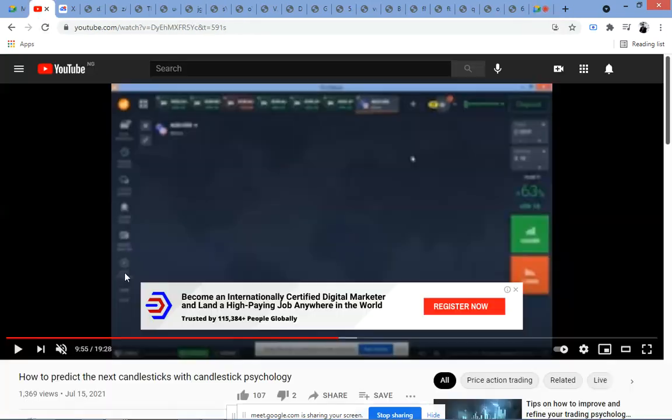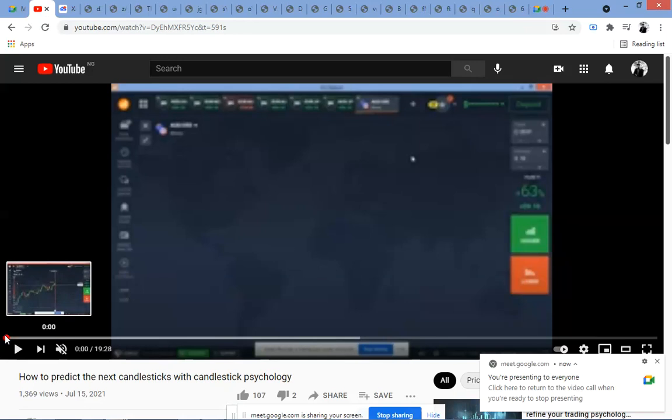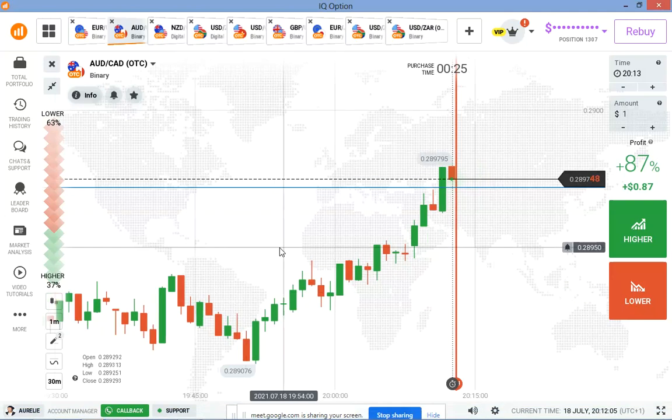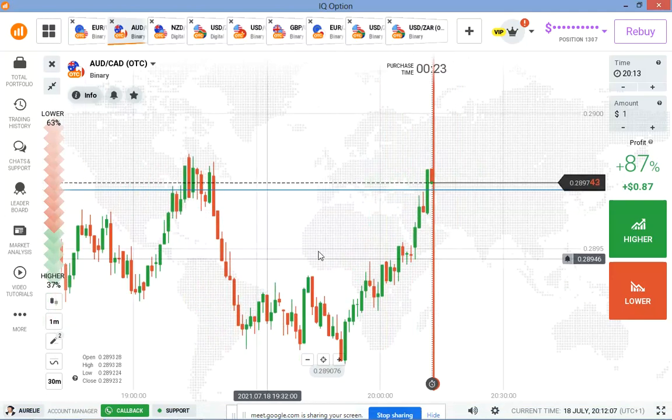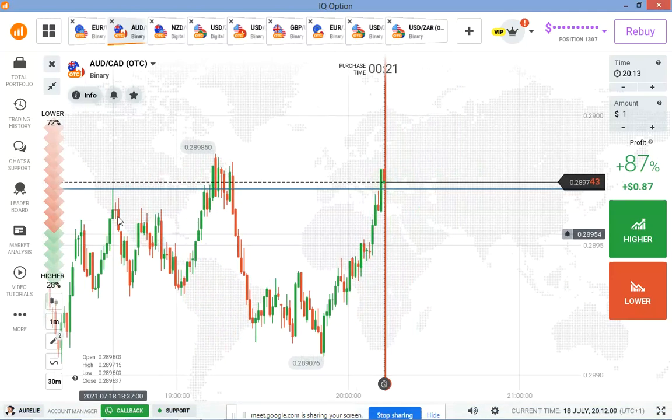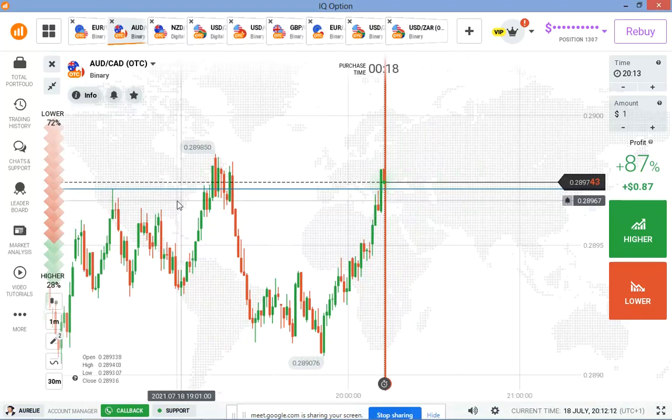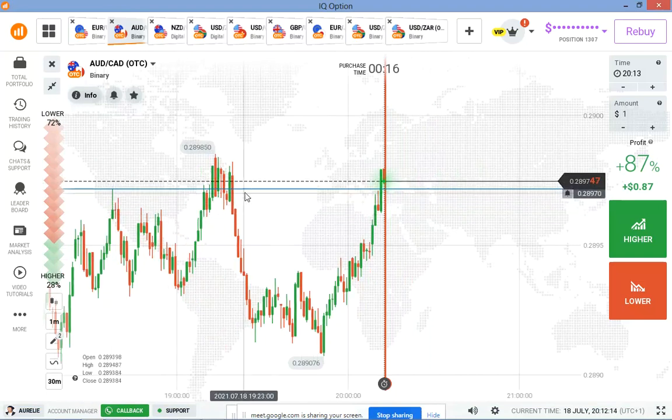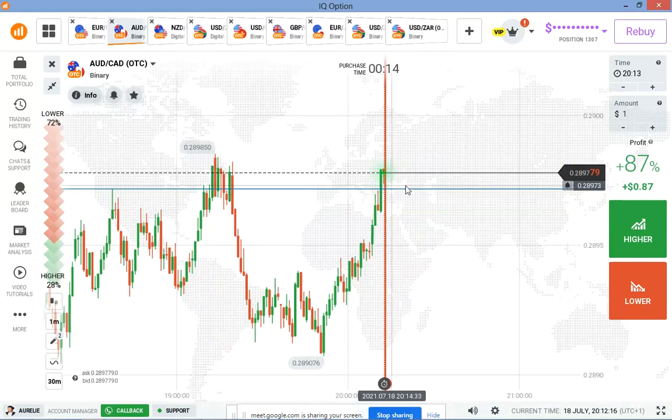So it is not a coincidence that for me to open any trade, I open my chart and then start predicting candle. No, I have already understood what is going on in the market. That is why if you want to predict next candle, don't ever predict candle when you don't have enough information on the left side. Information on the left side will give you a clue on what is going to happen on the right side.